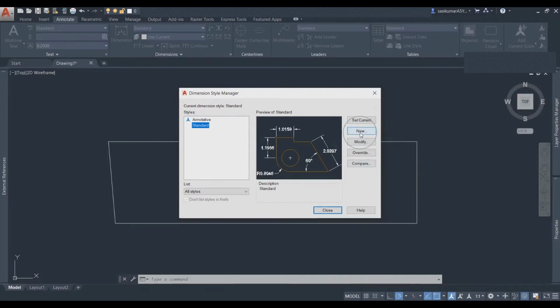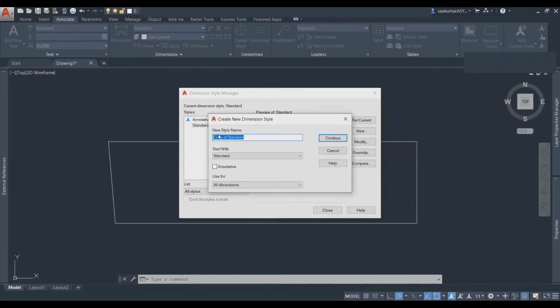I'm going to use the New tab. It will ask you to specify a new style name. You can give any name, for example AutoCAD, your name, your company name, your project name, or your engineer name. It depends on what you want to reference.